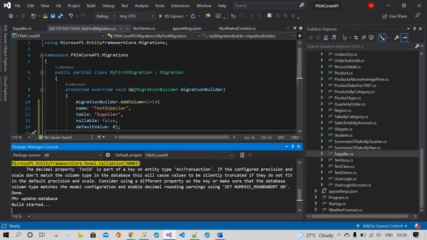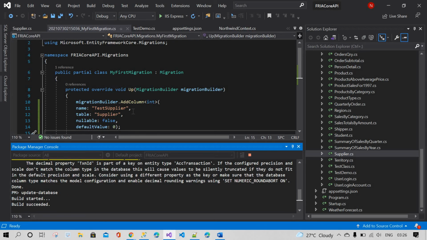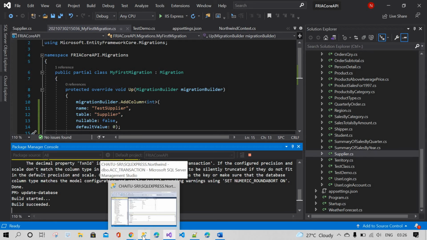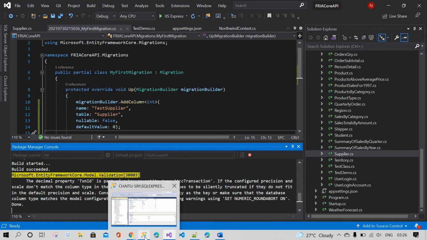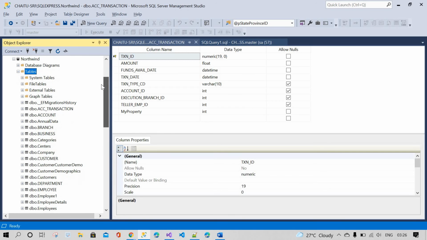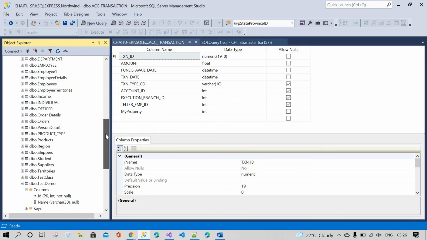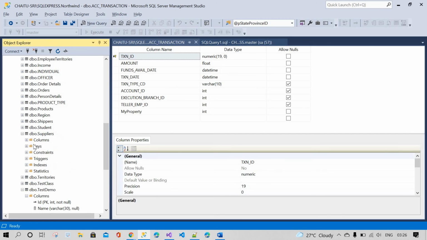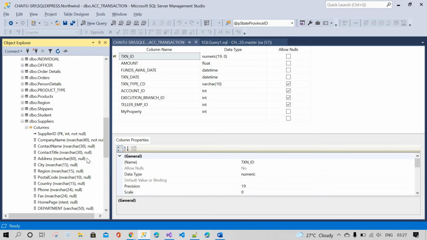So what I'm going to do is go to the Package Manager Console again and update the database. We will check whether the new field has been added to the Supplier table in my database. Yeah, here is Supplier, this is the Supplier columns.